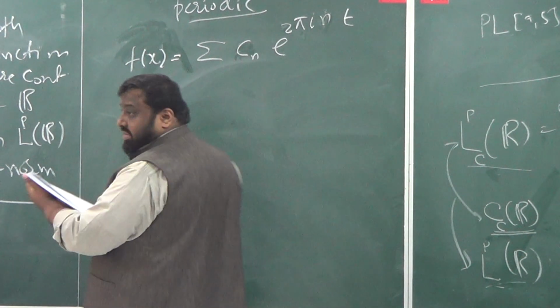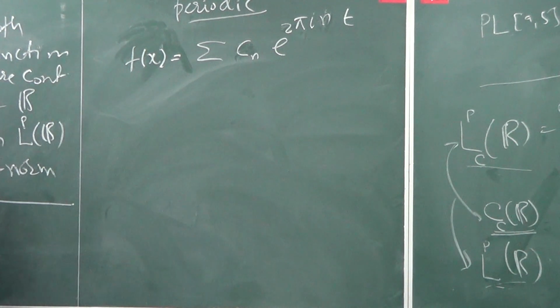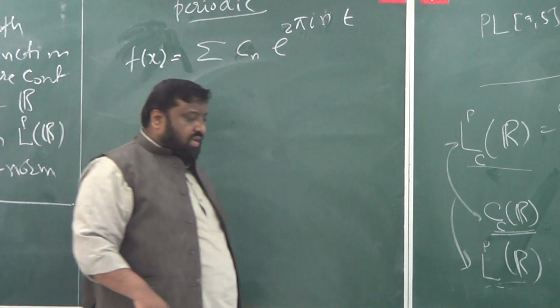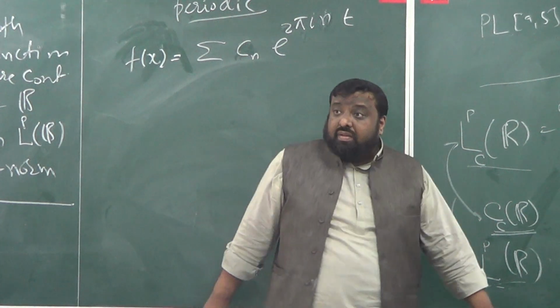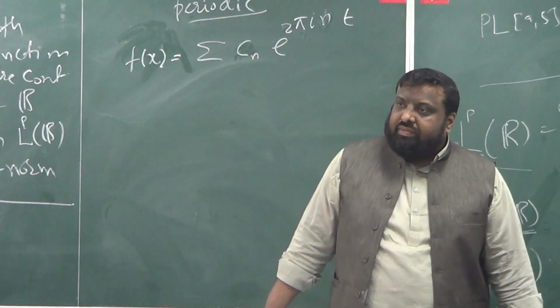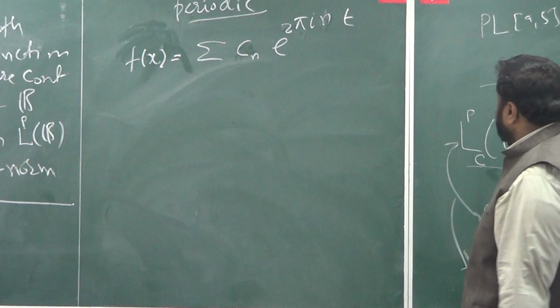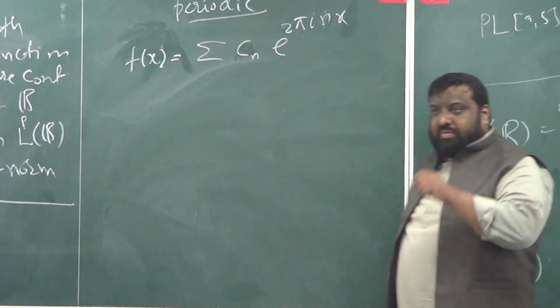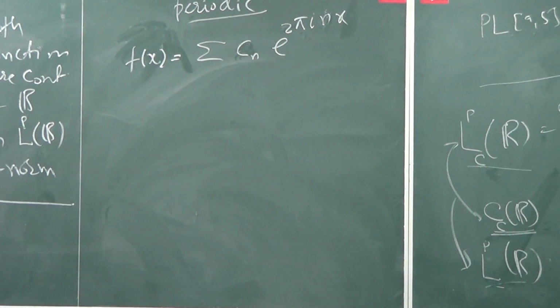Roughly this would be the version of the Fourier series that you have learned actually. You can put it into such an exponential form. T is from R. Okay, so it must be x actually. It must be x. So from negative to positive. So what's